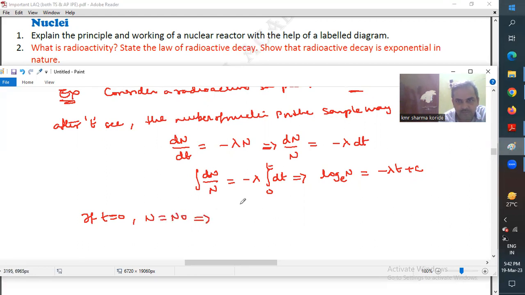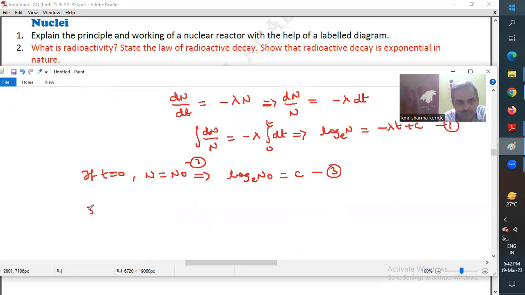Substituting this, you call this equation 2. So at t equal to 0, you will get log base e N0 is equal to the constant C. Call this 3. So substituting 3 in 1,